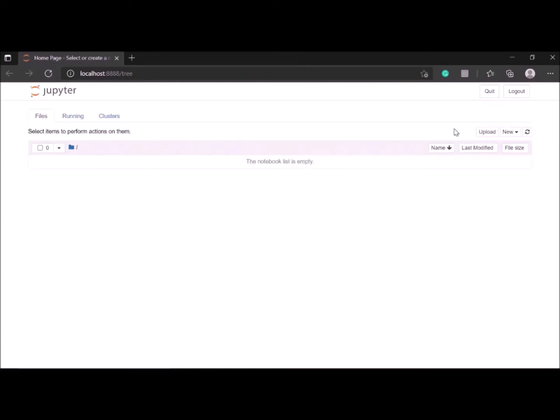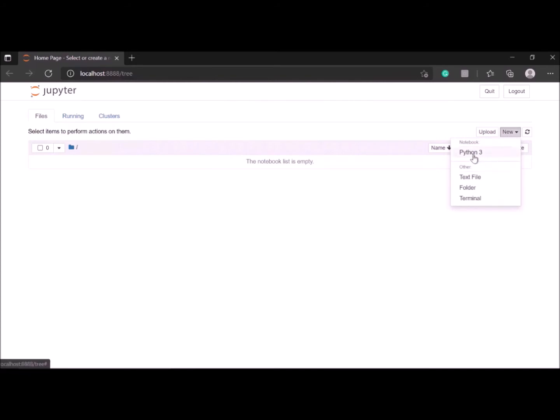See, now I am ready to code. Okay, there is no file inside this folder. So this is my root folder for this environment.